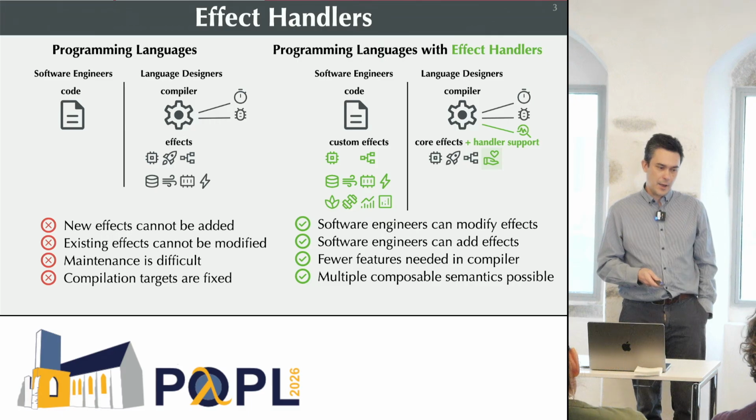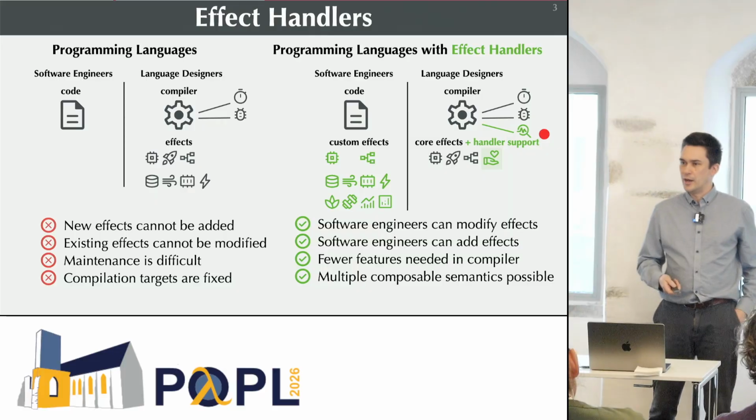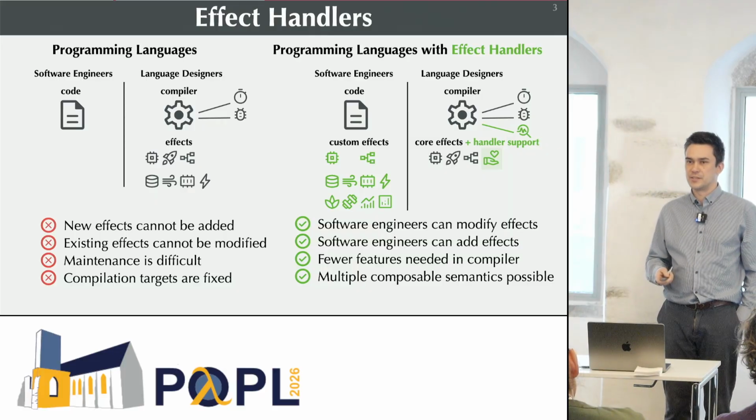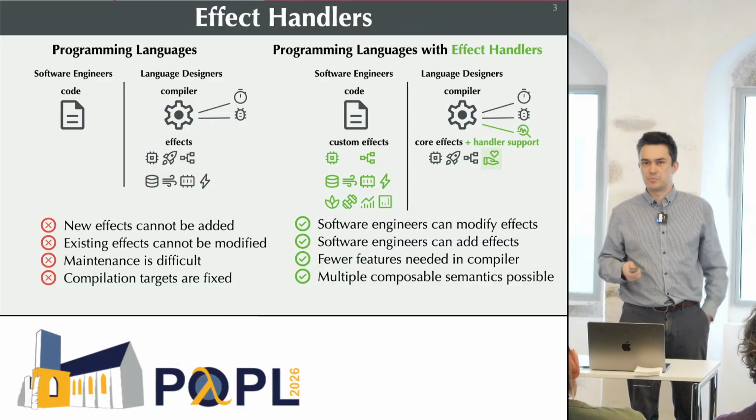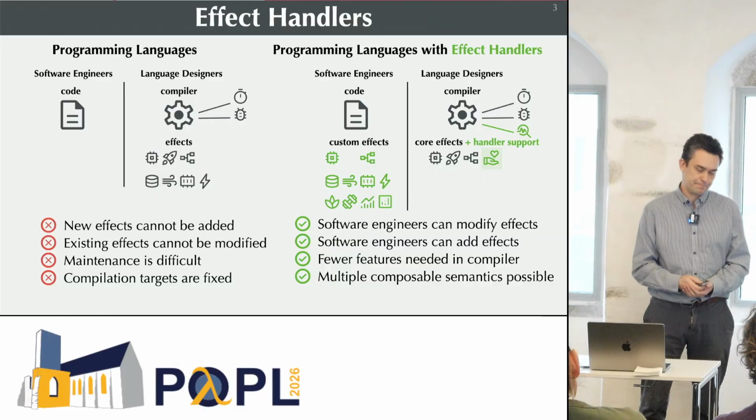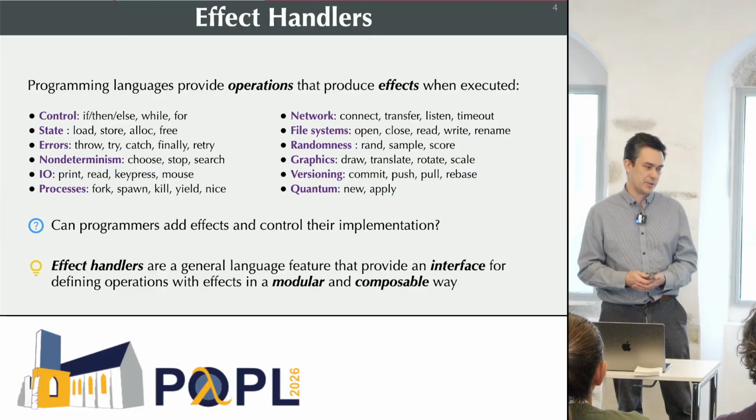And finally, because they can define their own semantics for code, they can produce new output semantics. So for instance, they can decide to do some analysis on how much time it takes for functions to execute, or whatever they might want. Okay, so that's kind of the motivation for what we're doing.